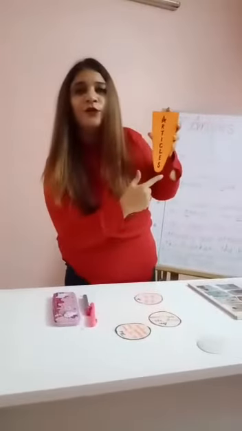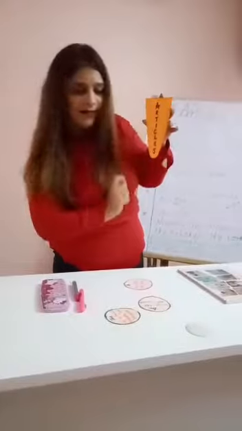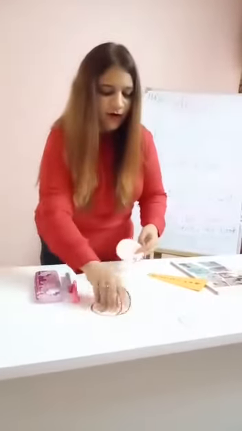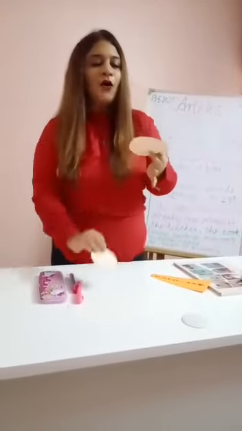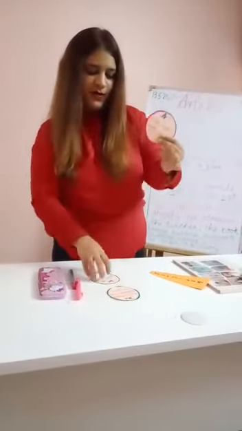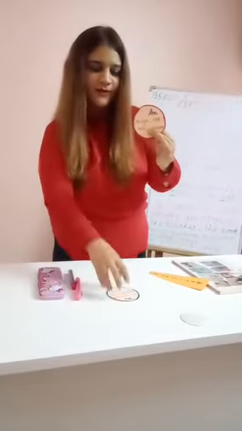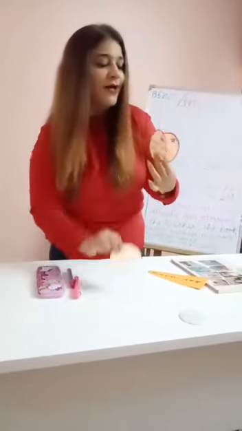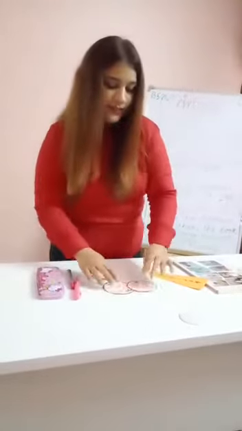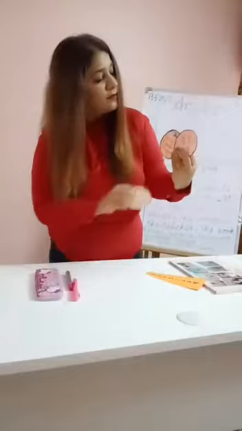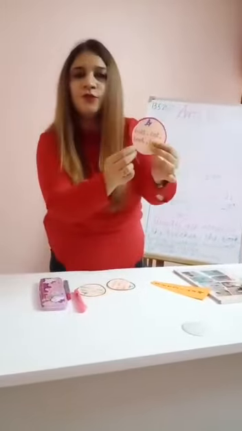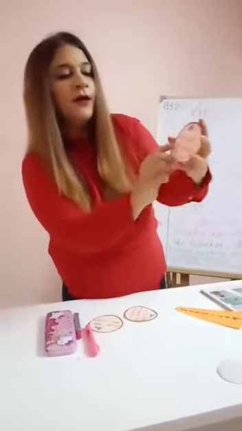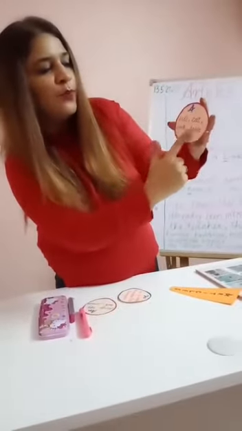On that you need to mention the heading articles. And I have cut 3 circles. These are the 3 scoops of the ice creams. On these 3 scoops I have written a, an, and the third definite article, the. And the task is you need to find out the words used with these 3 articles, right? So let me show you. On the first scoop, I have written a ball, a cat, a book and a table.